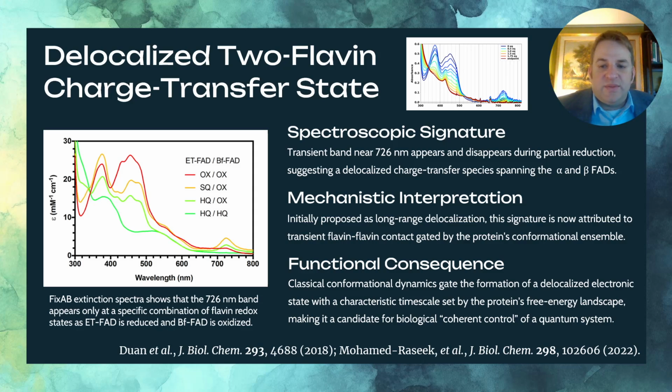And with more recent work, it has been somewhat conclusively established that the signature is now attributed to transient flavin-flavin contact. Once again, this is like a conformational gating effect where the two flavins move around, and when they get close enough, they can form this delocalized, highly characteristic